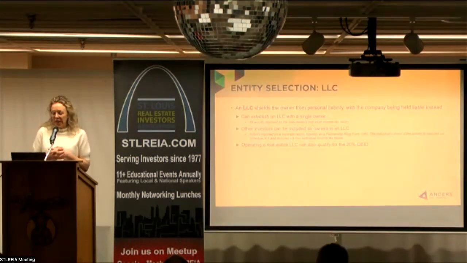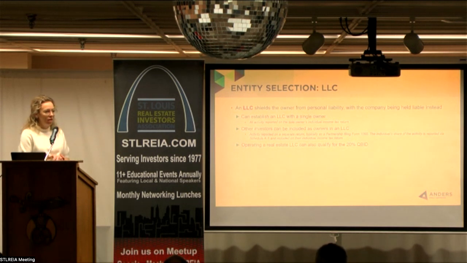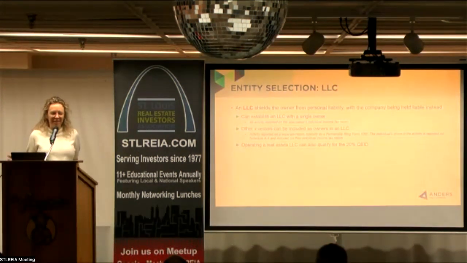Everything just goes right on your return the same way it would if you were just operating as a sole proprietor. An LLC, though, does allow you the benefit of bringing on other investors or coming together with a pool of people and investing in real estate. Those would be multi-member LLCs. And the default tax designation is going to be as a partnership, and that is always what we recommend. We would not recommend owning real estate through an S corporation or a C corporation. It just gets very difficult to get the property out of the entity later on, or the taxation becomes a lot more